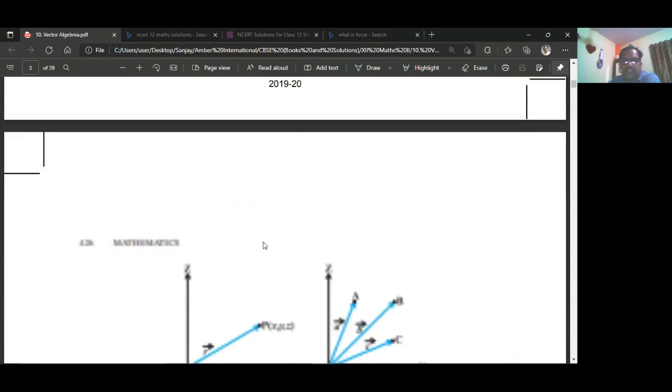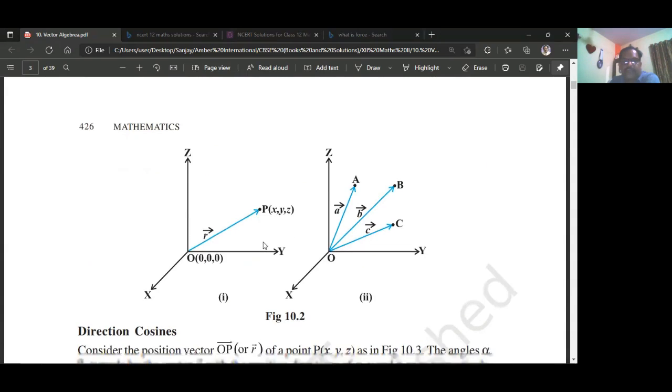If you observe this diagram given here, this is a point P(x, y, z) in space. Space means it has three dimensions, that is, it has three coordinates: x, y and z coordinates. So it is known as three-dimensional space. So the point P